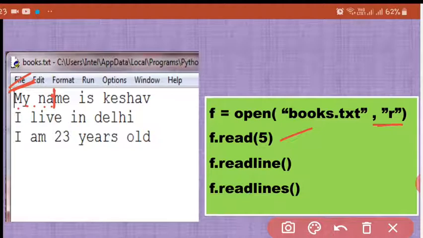Then when you perform read line, f dot read line, it will start reading that line from this position only. Wherever the previous operation left off, it will continue reading from there. And you know that read line reads one complete line, so all the data till here will be read and cursor will now be present at this place. Okay, now when you perform read lines, all the remaining lines will be read, so the cursor will come at this point. Clear? So as you read or as you write, the cursor will move accordingly.